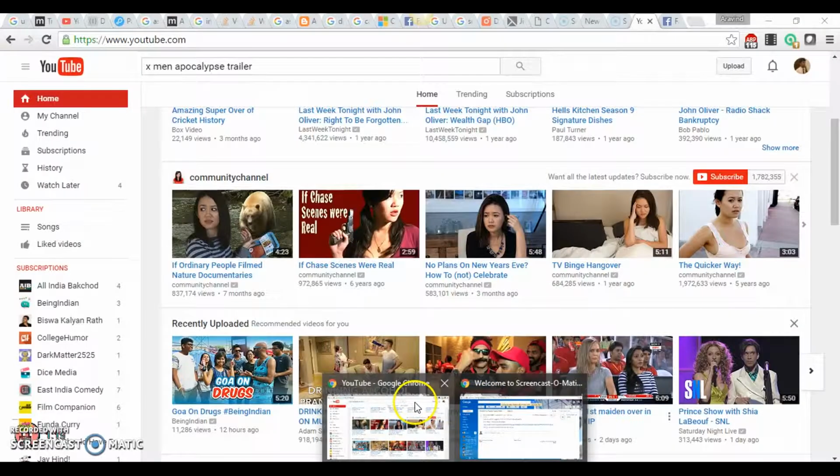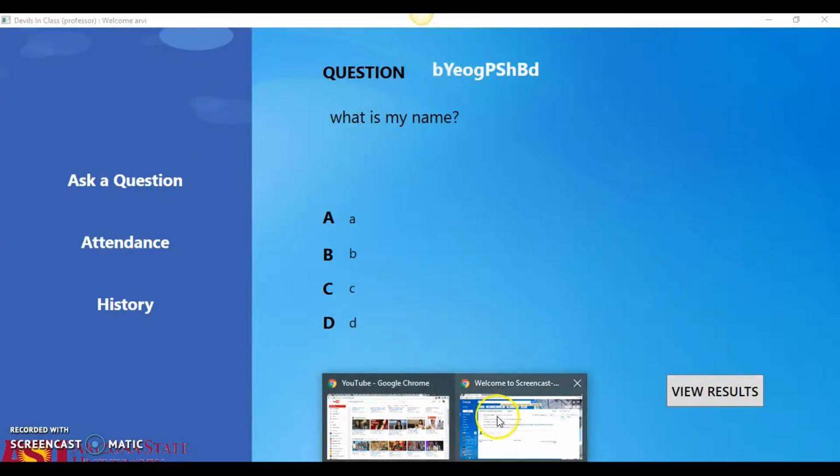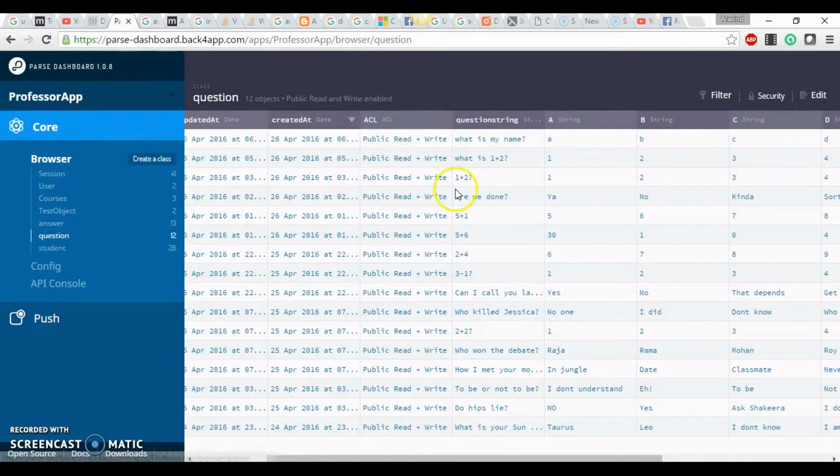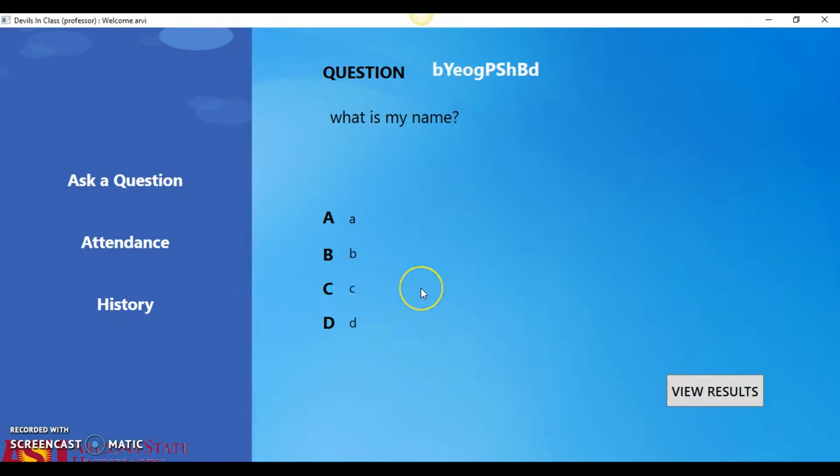By showing the app, we can demonstrate here. If we go to the question section, what is my name? ABCD is already in the PASS, and the created-at time is noted. So this will be used in our app to further